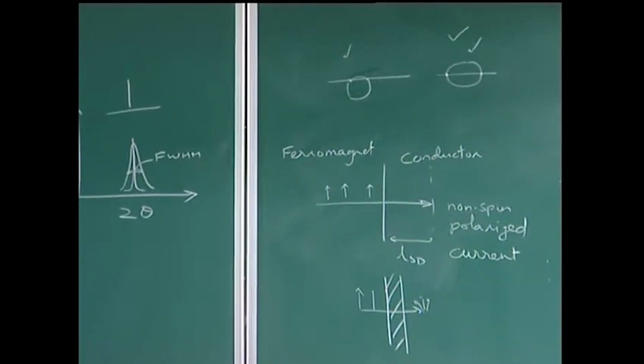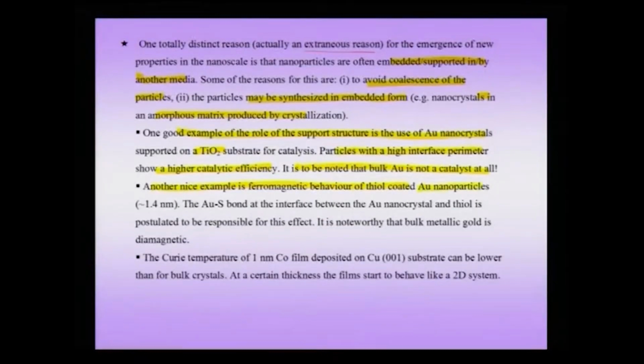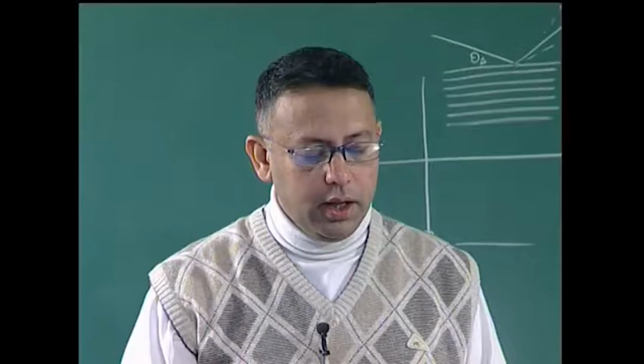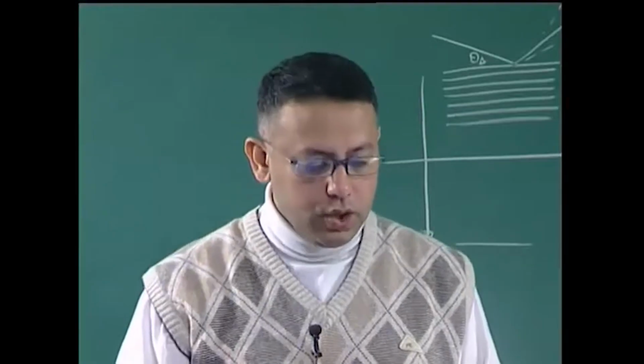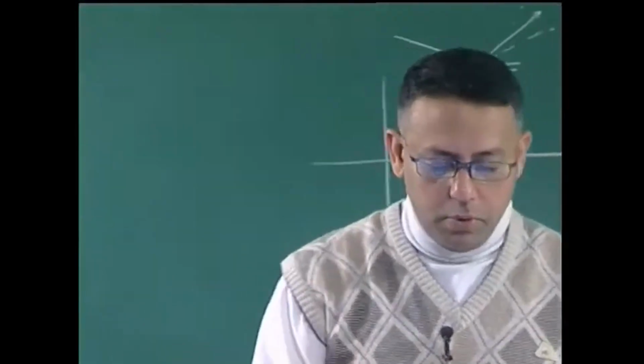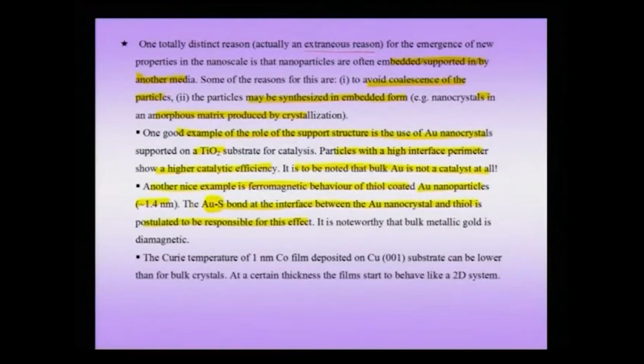Another nice example is ferromagnetic behavior of thiol coated gold nanoparticles, and we are talking about gold nanoparticles of the size of about 1.4 nanometer. The gold sulfur bond at the interface between the gold nanocrystal and thiol is postulated to be responsible for this effect. So, you do not expect gold to be ferromagnetic, neither is thiol ferromagnetic. Then how is it that this combination of gold and thiol is becoming ferromagnetic? It has been postulated that the gold sulfur bond at the interface is responsible for that, and therefore,